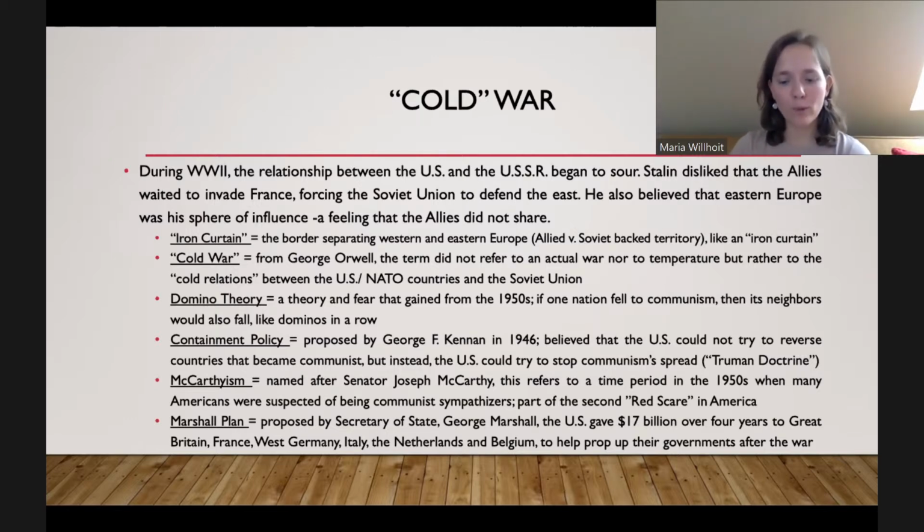And one of the reasons why we want to give money to Europe is because Americans really believe that one of the reasons why fascism rose to power in the 1930s is because Europe was so devastated, it had no help from America. It had no economic support. It couldn't get out of its depression. So the United States made a commitment after World War II that this is not going to happen again. We're not going to have fascism again in Western Europe. We saw what happened, and we're going to help Europe to try to rebuild itself. And to be honest, it works.